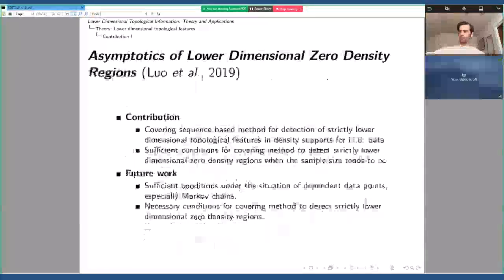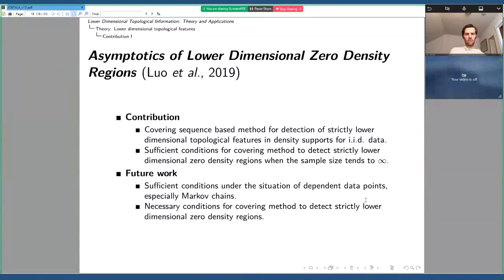So to briefly sum up and conclude our first part, the contribution in this work, asymptotics of lower dimensional zero density regions: we derive a detection method based on a scale covering scheme that allows us to detect such a specific object, which we call the lower dimensional zero density regions lying in the support of the probability density function. And in addition, we also come up with a sufficient condition for our covering method to actually work